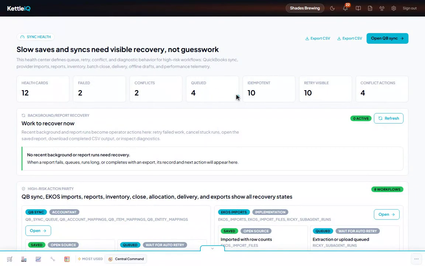Sink Health is where you go when something feels off between KettleiQ and the systems it talks to. QuickBooks, your POS, or any other integration. At the top, you'll see queue depth, so you know if writes are backing up. Below that, retry counts show which sinks have failed and are being automatically retried, so a stuck write is visible